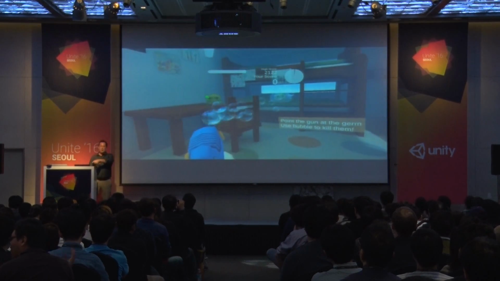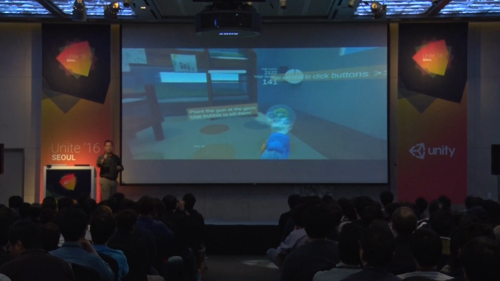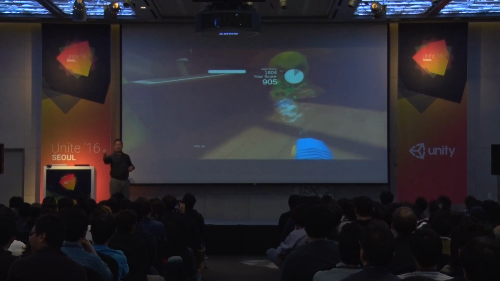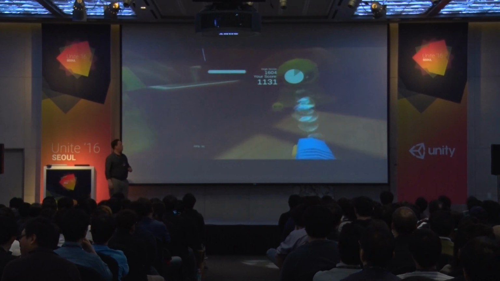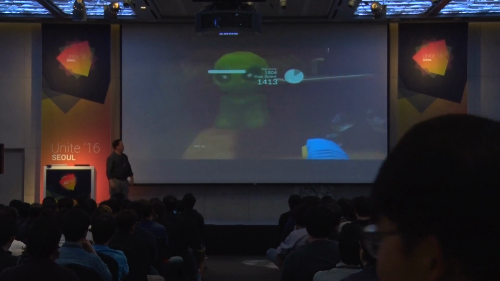But you can see using the device camera, he's using Vuforia, and really that target is acting as the controller, so as he moves it around and positions the gun in the scene. And then he blows up these boogers or whatever.